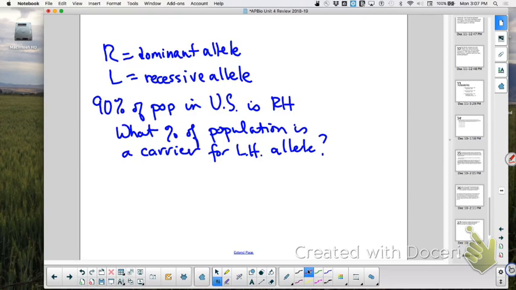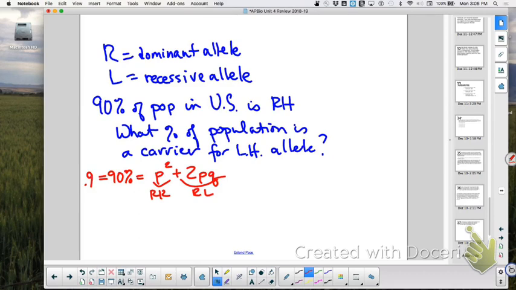Okay. First thing you want to do in these kind of problems, write down what you know. I gave you this: 90% equals what? Because they will both show the dominant trait. P squared would be the right-rights, and these would be the right-lefts. So I can't square root 0.9, right? I can't square root that because it has rights and lefts in it.